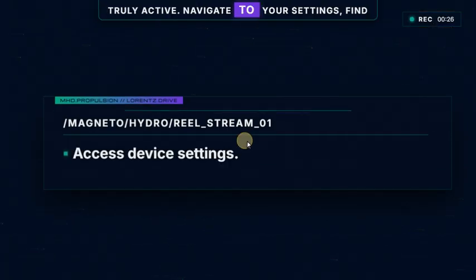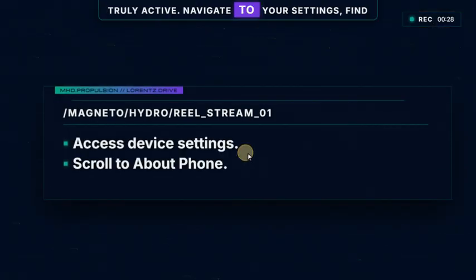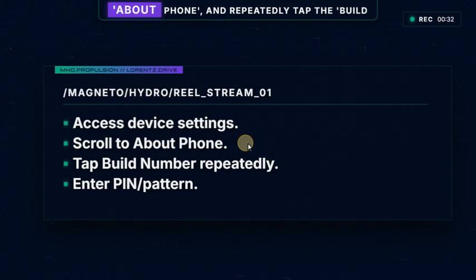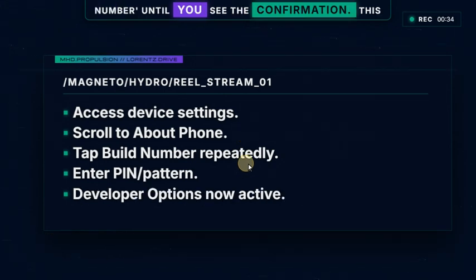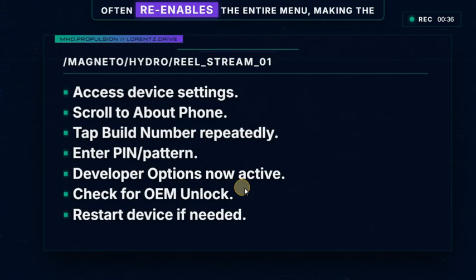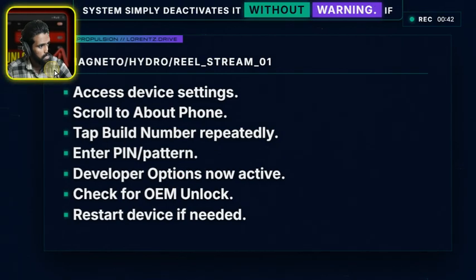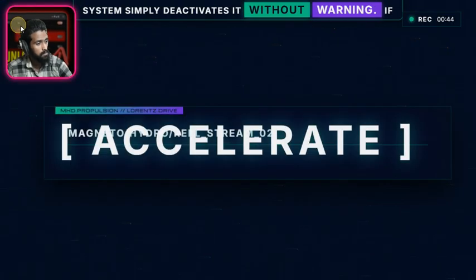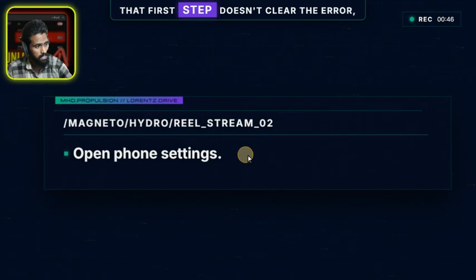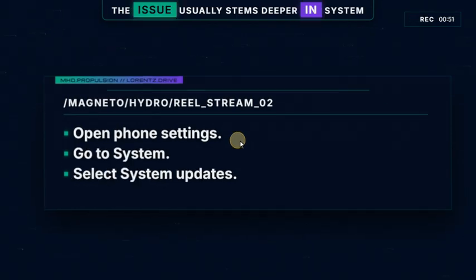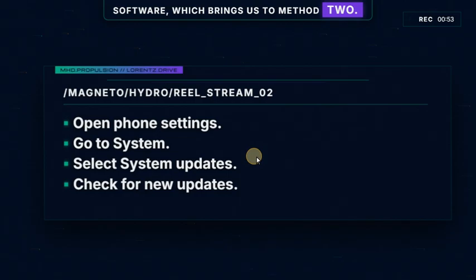First, ensure your developer options are truly active. Navigate to your settings, find About Phone, and repeatedly tap the build number until you see the confirmation. This often re-enables the entire menu, making the OEM Unlock option reappear, because sometimes the system simply deactivates it without warning. If that first step doesn't clear the error, the issue usually stems deeper in system software, which brings us